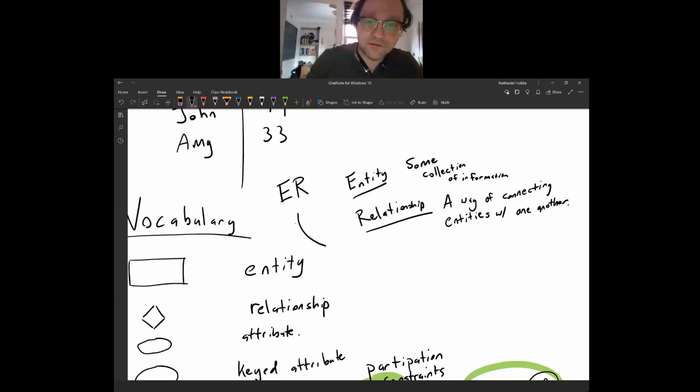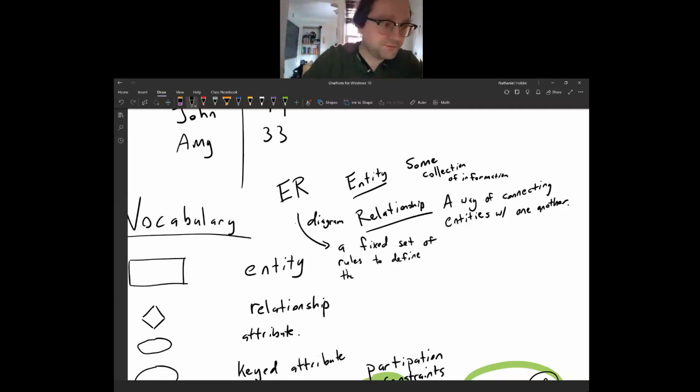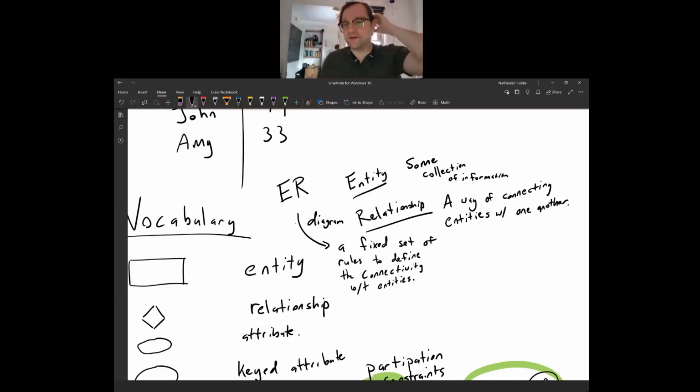And the diagram itself, an ER diagram, is a fixed set of rules to define the connectivity between entities. And what I mean by connectivity